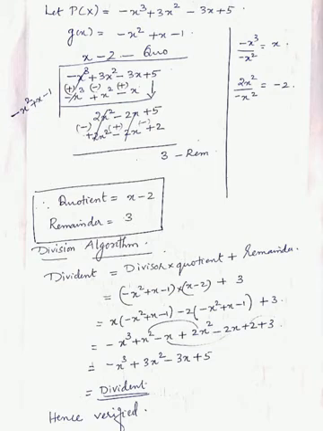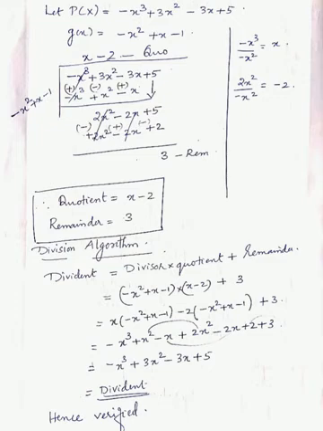So next we will consider the new sign only. Subtract that, so x cube and x cube get cancelled. 3x square minus x square we will get 2x square. Minus 3x plus x is minus 2x and bring down the last term 5. So our new dividend is 2x square minus 2x plus 5.